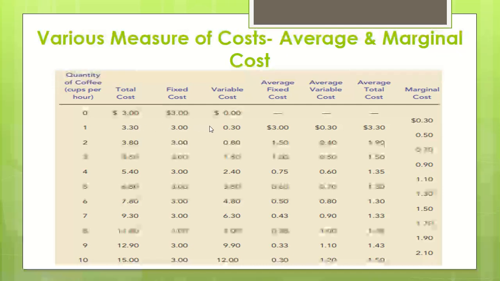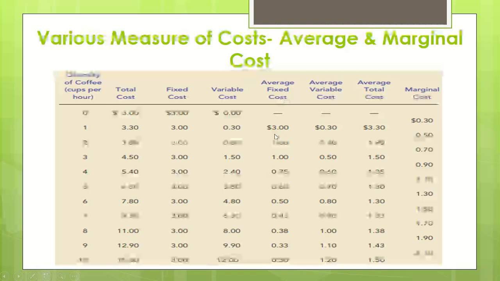Now if you look at this column, that is average fixed cost. Here it is $3, and the formula to calculate it is fixed cost divided by quantity. So the amount of fixed cost is $3 divided by Q, that is 1. So at this point the average fixed cost is $3, and the average variable cost here is $0.30. The average total cost again comes by adding both the average fixed cost and average variable cost, and the answer is